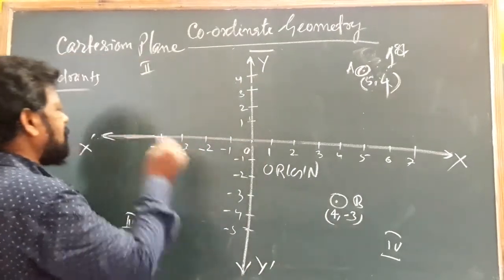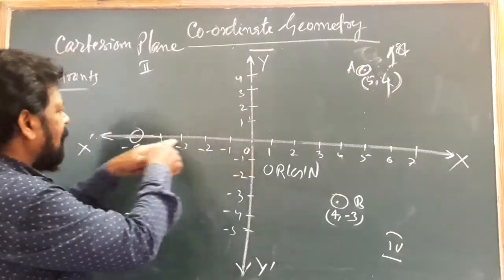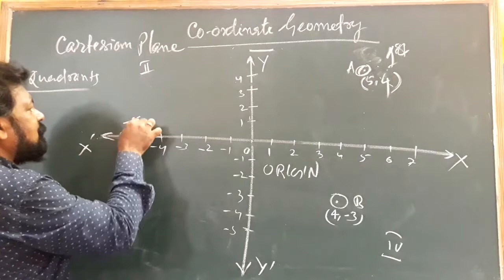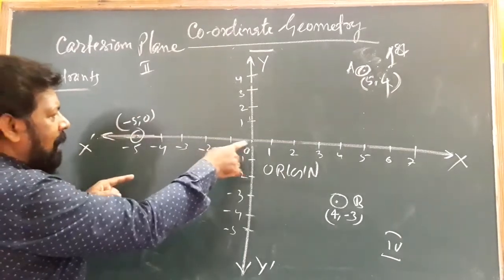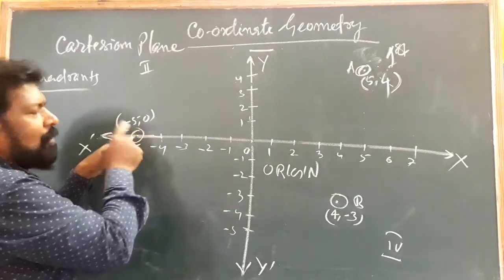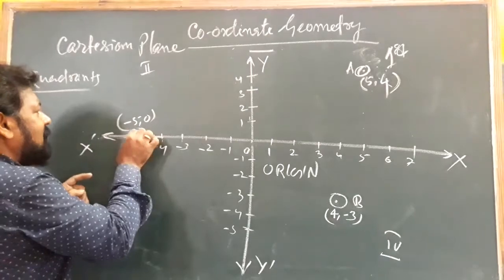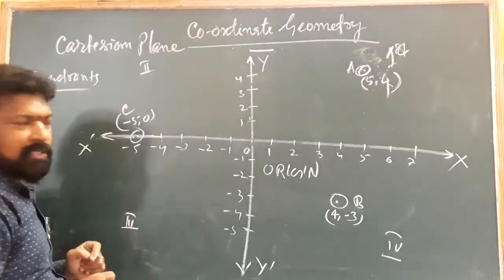Similarly, any other point, say I will be pointing here. Directly you can tell that the address is -5 and 0. I mean X value is -5, -1, 2, 3, 4, 5 and y value 0. Need not go either positive direction or negative direction, just to be there. So say this is the address of the point C.